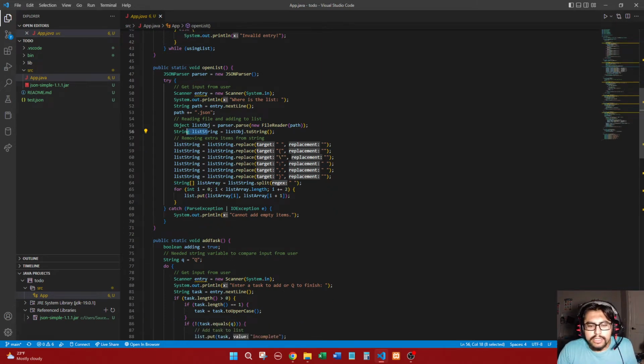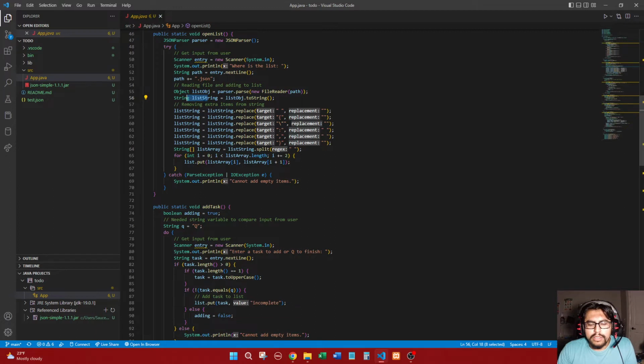This was the easiest way for me to figure out how to manipulate the items in this object, because I want this information to go into our hash map variable. So we turn it into a string, and then we turn it back into a string list